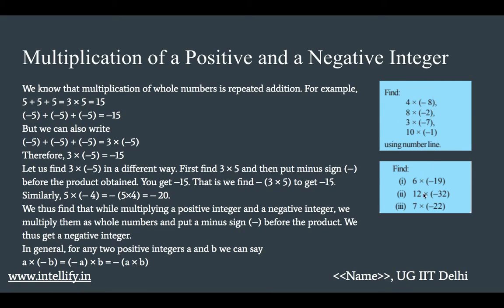These are some sample problems. We should discuss them. So 4 into negative 8 is equal to negative 8 into 4. That comes out to be negative 32. 8 into negative 2 is nothing but, you can just take this negative sign out and multiply the numbers. 8 into 2 is 16, and then put the negative sign. Final answer should be negative 16. Similarly, this will be negative 21, and this will be negative 10. Similarly, you can solve these ones for yourself.